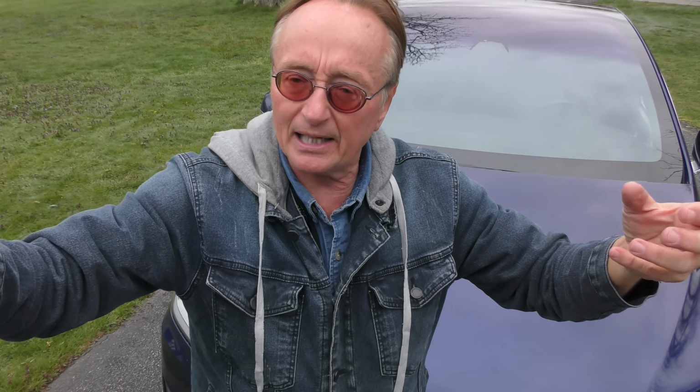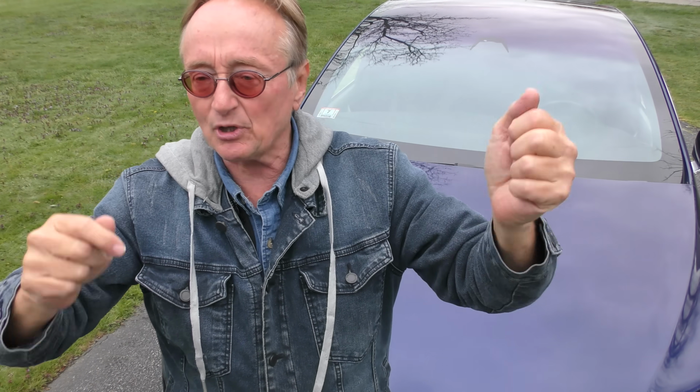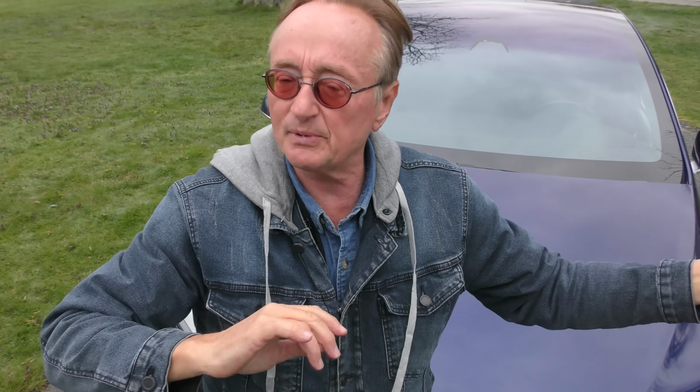Cars only need to know what all the cars within the next quarter, half a mile are doing, and it's fine. But you put some human in between driving a car, the machine has no idea what those people are going to do. And of course, everybody's not going to go out and buy a $100-something car right away either. So there's going to be a ton of cars out there that are dumb cars that are completely driven by people, and you can't mix the two because the people confuse the machines and then wham, out they go. So if you're thinking about getting something because it's going to drive itself, you'll be waiting a long time before